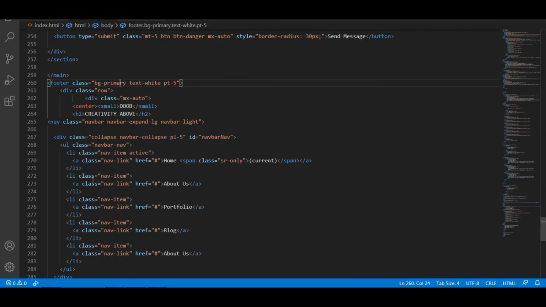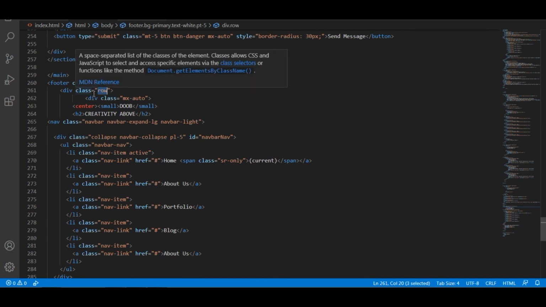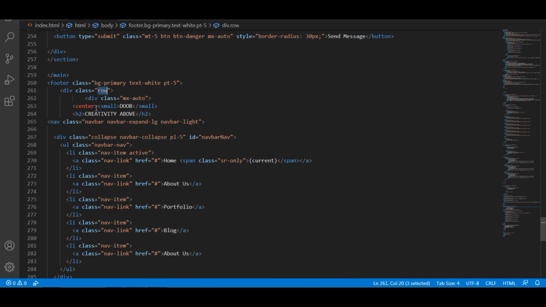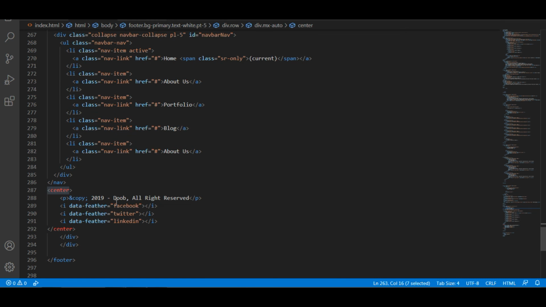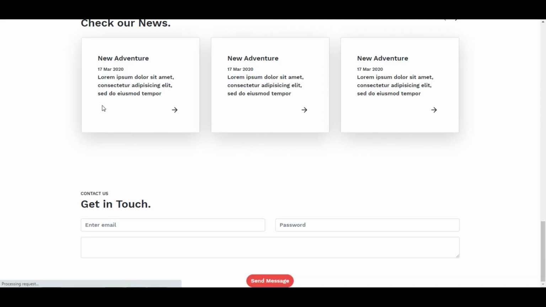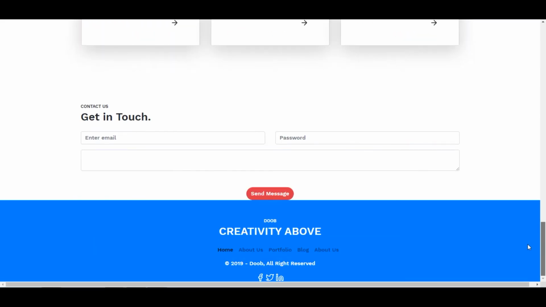I have created a row, and these rows should be centered, so I am using the center tag to center all the elements. I have given navigation links to navigate the application, and also the 3 Facebook, Twitter and LinkedIn icons. They also come under the feather icons. When we refresh this, you can see the footer section applied here.